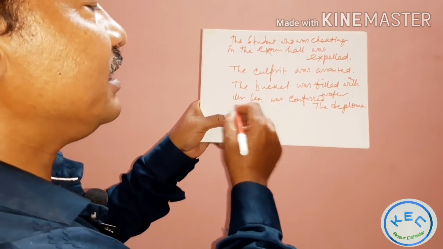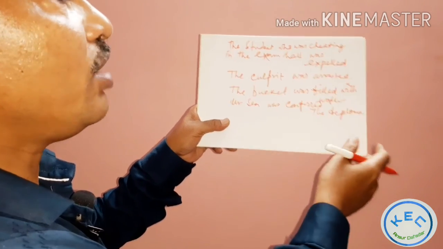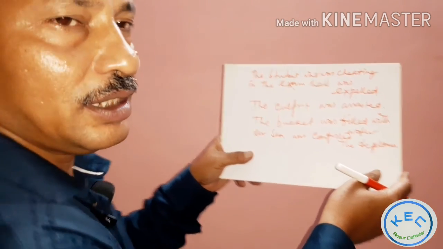That's why this sentence is written in passive voice form. These are all the cases, instances where we should use passive voice. Better to use passive voice. We may use active voice, but it is better to use passive voice in such circumstances, because in this way we will be able to beautify our